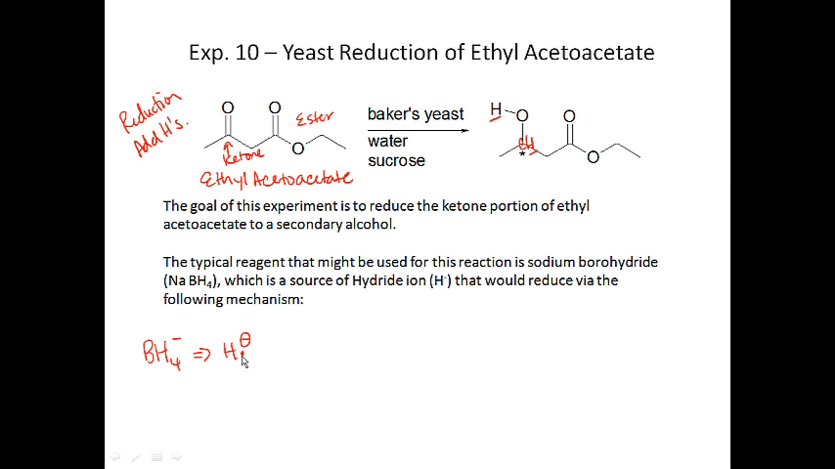Now H minus has a lone pair on the hydrogen. We're not used to seeing H minus. We're used to seeing a hydrogen atom with one electron, or maybe an H plus as a proton, but not as an H minus. So it turns out that H minus is a very strong nucleophile, as well as a very strong base. And in this case, what happens is that the H minus will actually react with the carbonyl group,